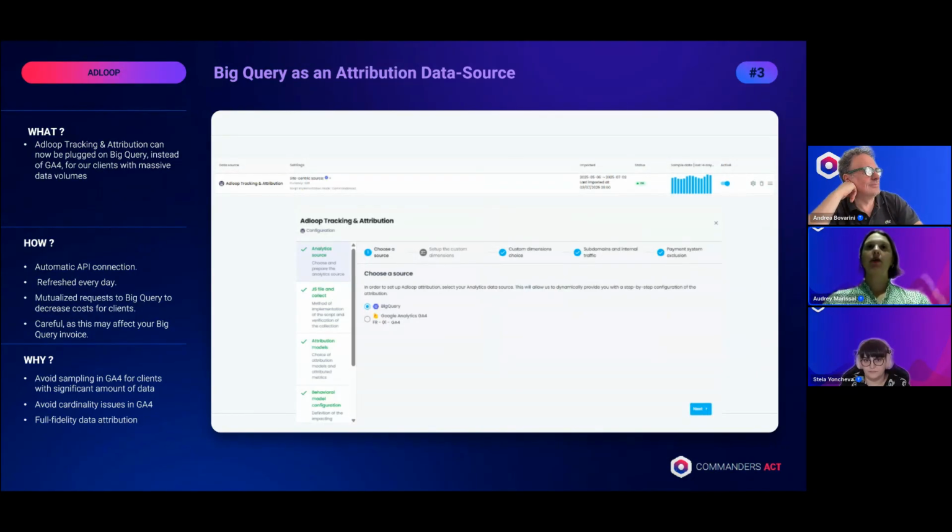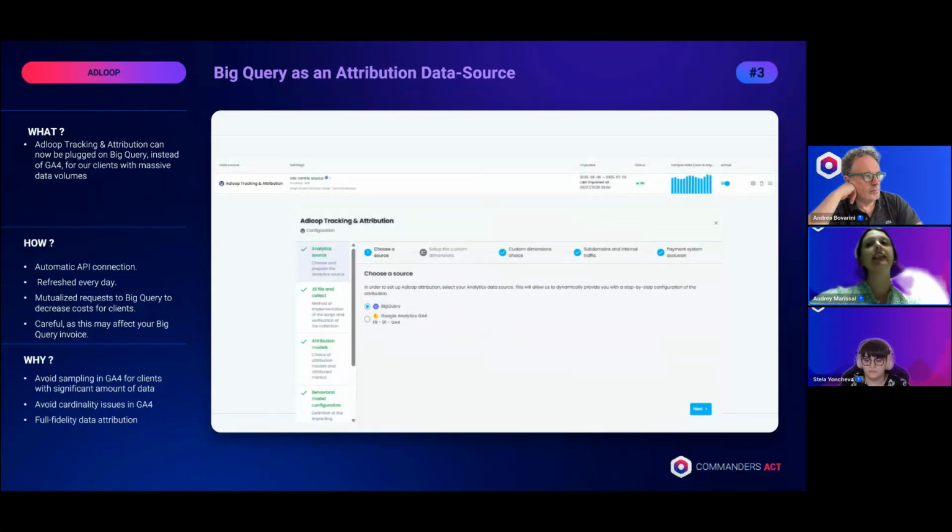Another big project this year was BigQuery as an attribution data source, because some of our clients work with very large data volumes. Until now, integrating with GA4 came with limitations for those types of clients: cardinality issues, data sampling, which resulted ultimately in less reliable attribution.